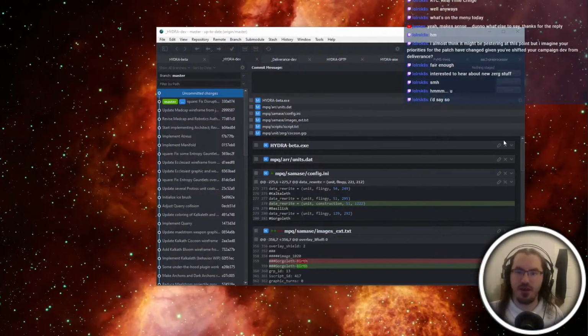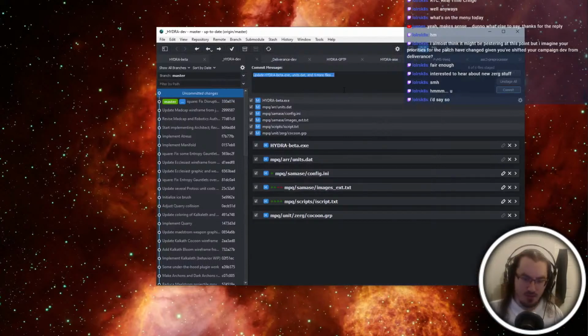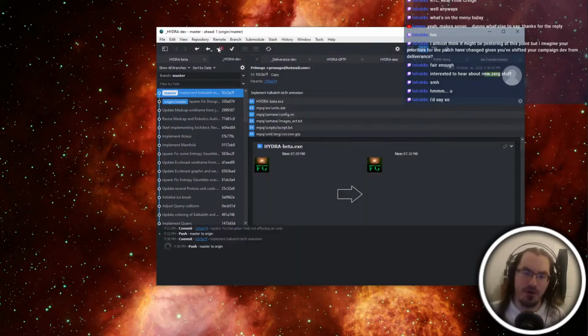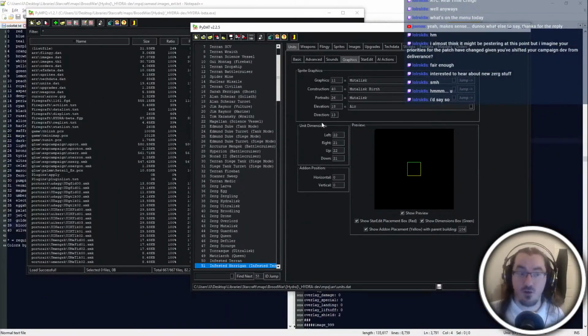So yeah, I think we'll go ahead and implement the Calculeth birth animation. Again, really the only thing I'm worried about is, while I'll make the animations, I don't know if it'll be now, but at some point I will be making animations for the Nathracore getting into an egg and setting up the animations for the Ultralisk to get into the egg. I'm not really sure